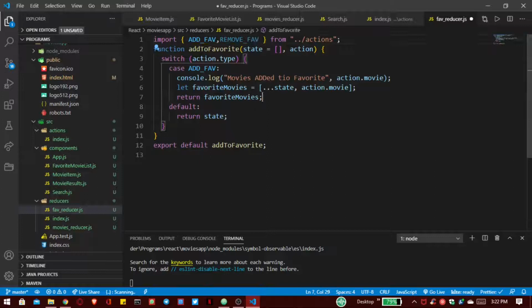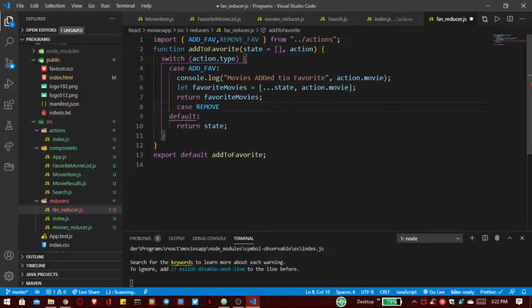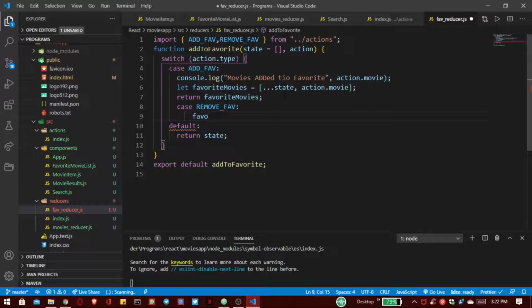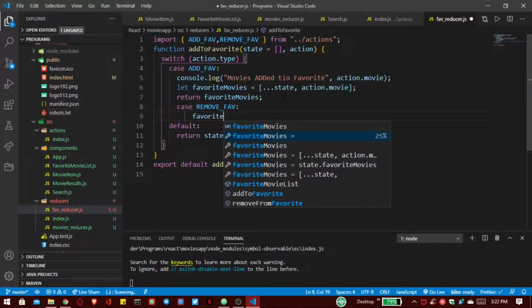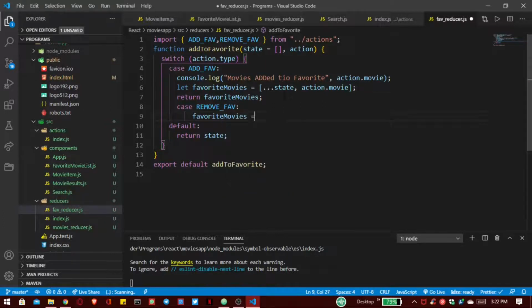And after this case, we have to add another case. Inside this, first we have to get our variable, that is favorite movies. And here we have to filter it so we can remove our movies.